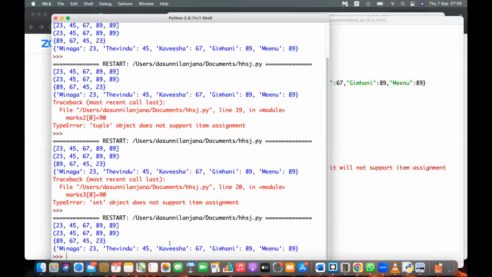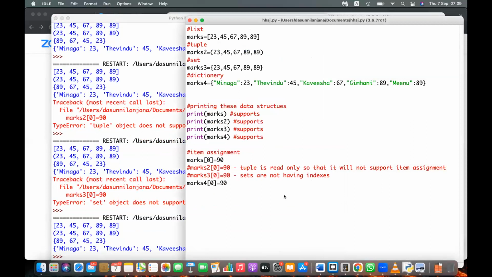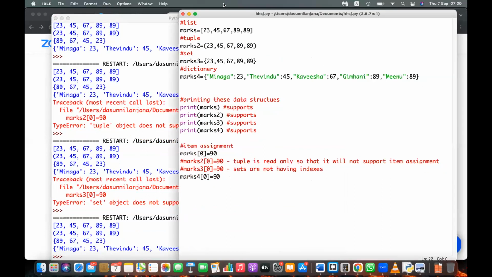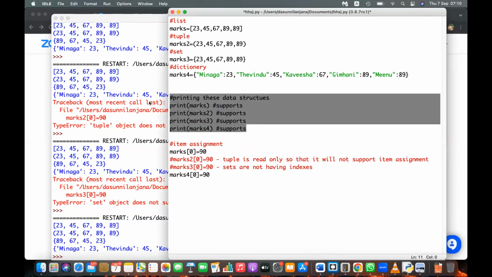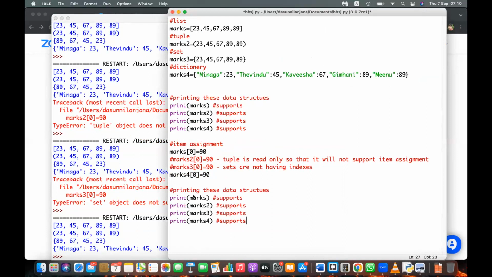Now you can see, oh, now no errors. Marks 4, 0 is 90. Now no errors. So that means marks 0 should work. So therefore, let's try to print them back. Let's try to print them again. Okay, when you run this,